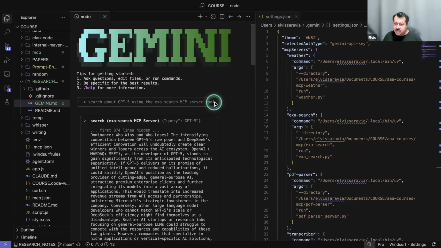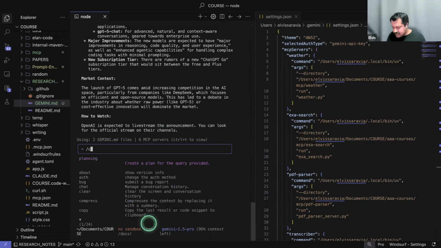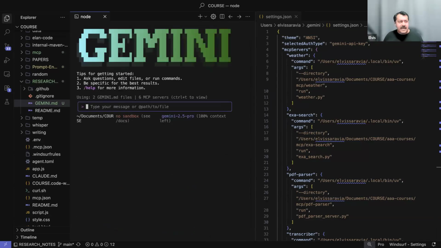So I want to actually share something right after this, which is, let's say I want to use the search tools within a workflow that uses other tools as well, right? How do we do this in Gemini? Well, the standard way of doing this, let me just clear this. Let's say I have this query, something like latest news